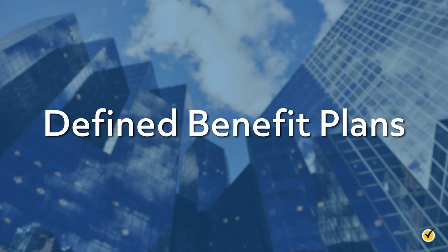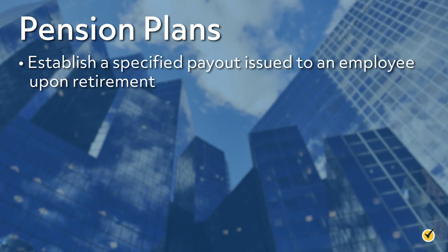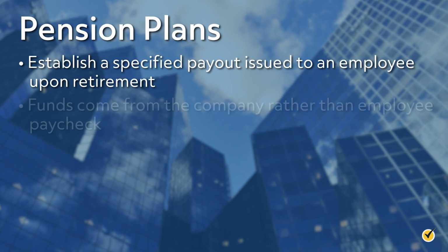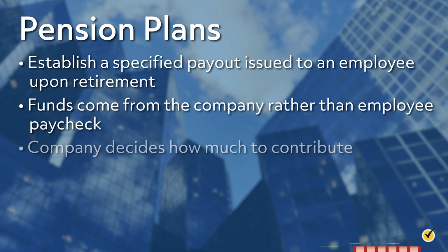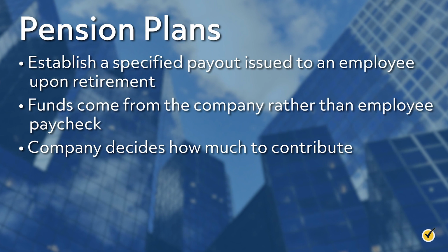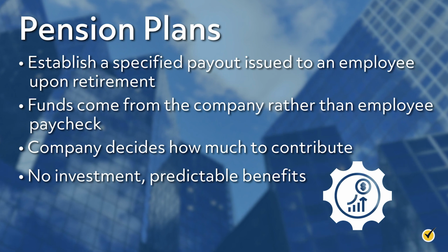Defined benefit plans, more commonly known as pension plans, establish a specific payout that is issued to the employee at the time they retire. Unlike a 401k or a 403b plan, the funds issued to retiring employees are contributed by the company and not from the employee's paycheck. The company can contribute as little or as much as they desire toward the employee pension plans. Without the uncertainty and risks of investment plans, pension plans can offer more predictable benefits than a 401k or